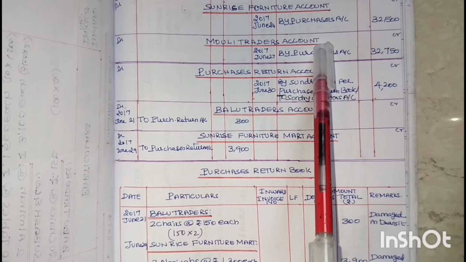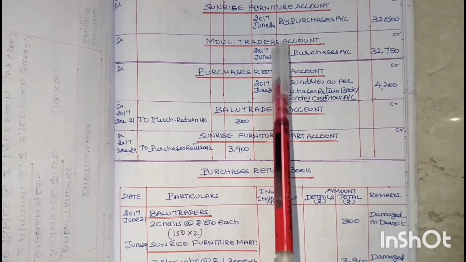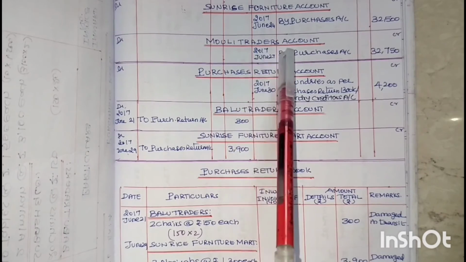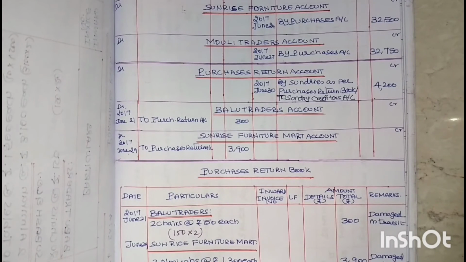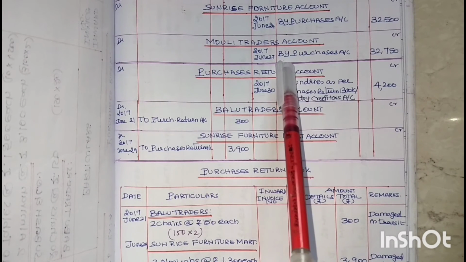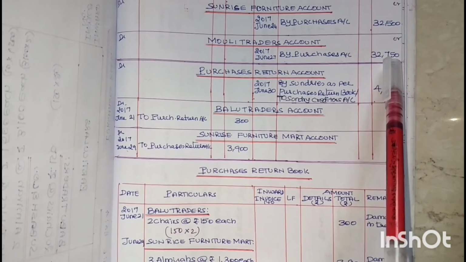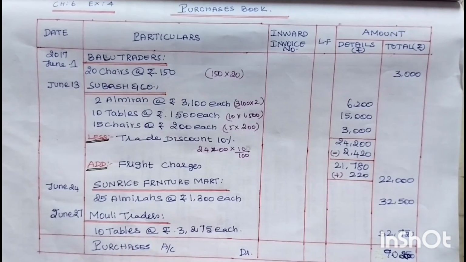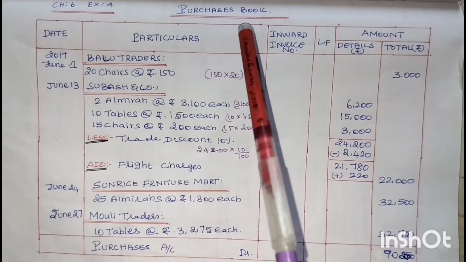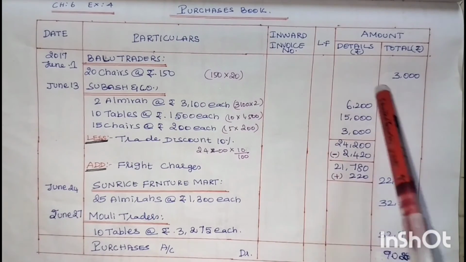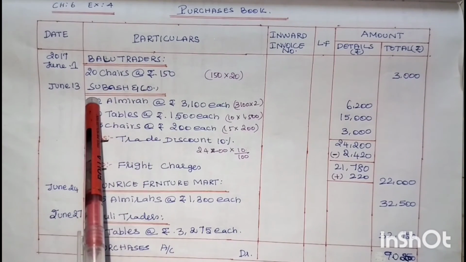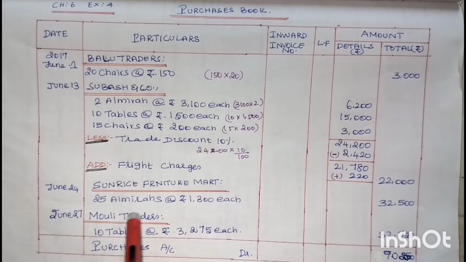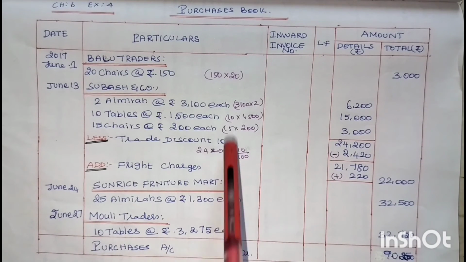Which side is Murali Traders on? Murali Traders is on the credit side. So we go to the credit side, dated 2017 June 27. What is the opposite account from the Murali Traders account? That is by purchases account, 32,750, we entered. So we posted all the respective accounts from the purchases book into the ledger account. Balu Traders, Subhash and Co, Sunrise Furniture Mart, Murali Traders, all the respective accounts from the purchases book we posted